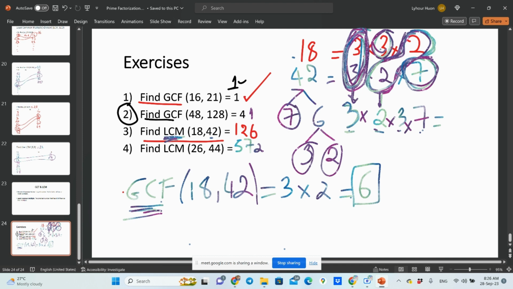And this we have a common pair, which is 2 and 2, so we only take one term as well, which is only 2. Beside that, those that don't have a pair, we also take them, which is here 3 and 7. So the result will be 3 times 2 times 3 times 7, which is equal to